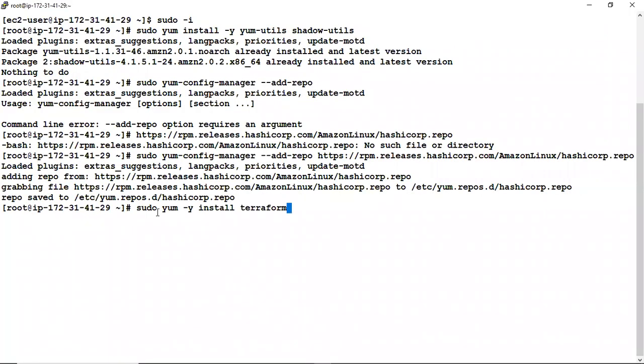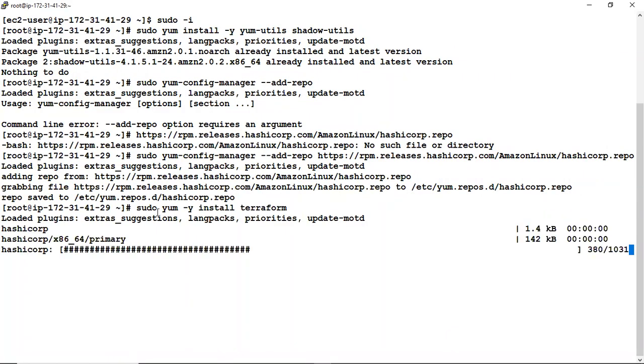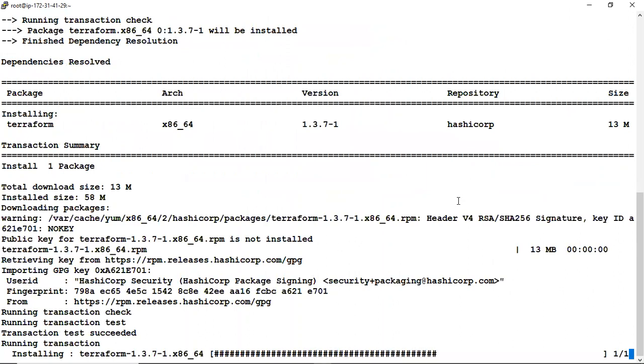Make sure that you are executing this command properly. Okay, sir.